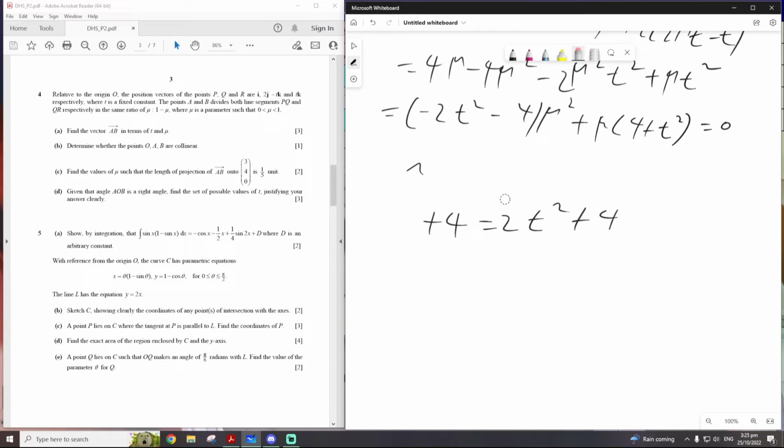How do I explain this? We want this to have real solutions, so discriminant, this is b squared minus 4ac, which is just 4 plus t